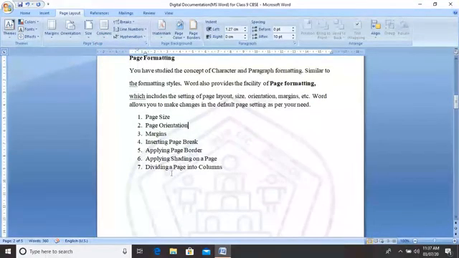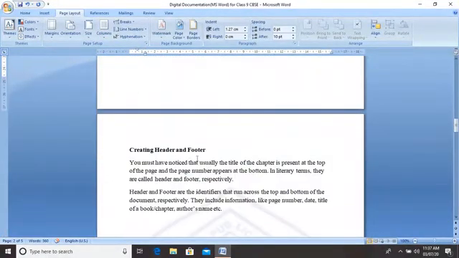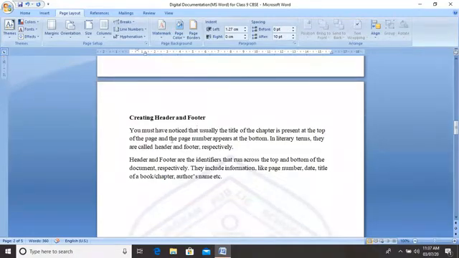The next is creating header and footer. You must have noticed that usually the title of the chapter is present at the top of the page and the page number appears at the bottom. In literary terms, they are called header and footer respectively.